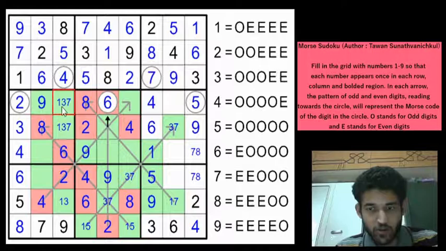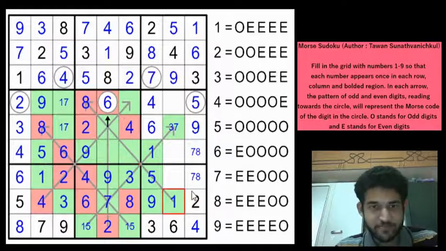And 1, 7 would go here, right? Because we have placed the 3, so we can eliminate the 3 from there, and which gives a 5 here as the only possible digit. And 1 is missing in column 2, we can place the 1, which gives a 3 here, a 7 here, a 3 here, and a 1 here. And because of this 5, we can place the 5 and the 1 here.